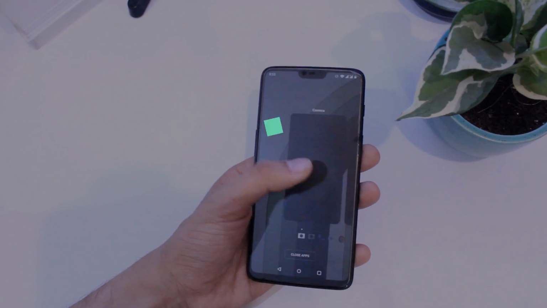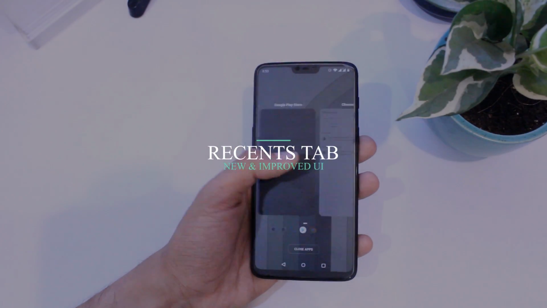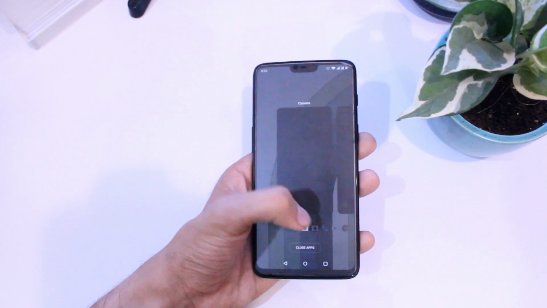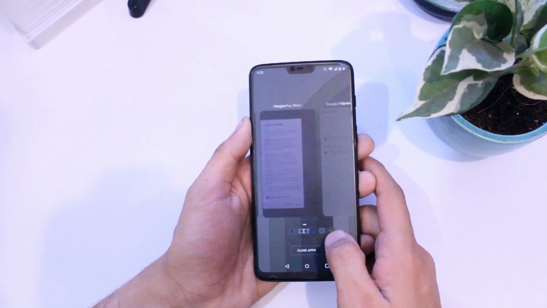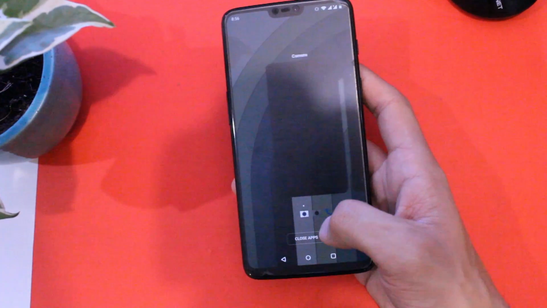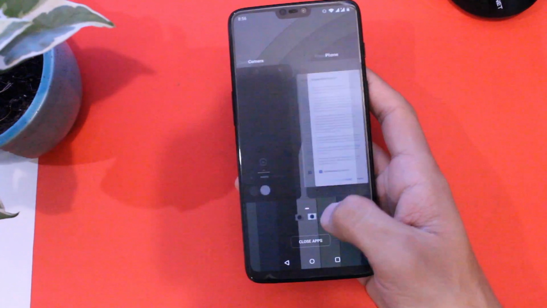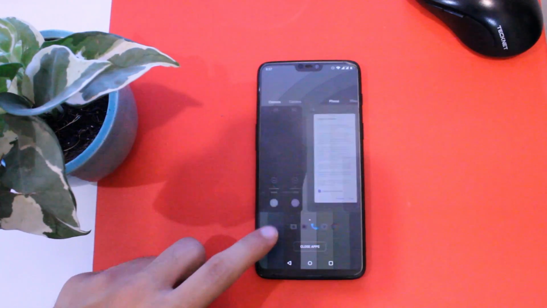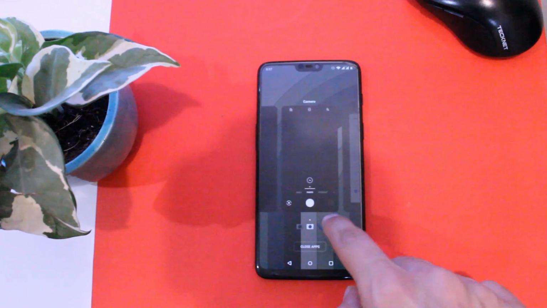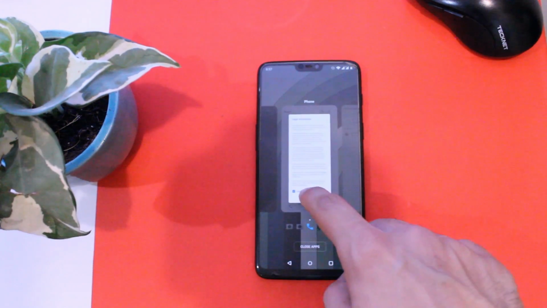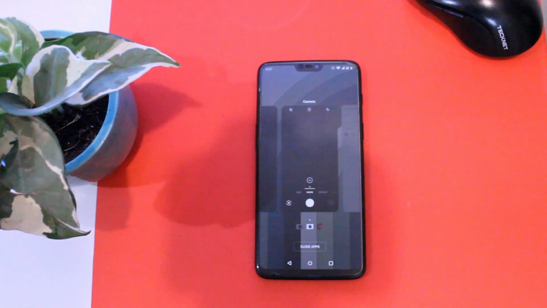Now let's talk about the new features this updated launcher brings. Well, first of all, the Recents tab has this new UI that I feel is a good refinement, as you can now see what apps are open in the background without scrolling left or right. And this icon carousel is quite handy, and it definitely makes the overall experience quite user friendly, as you will have to work less to switch or close the apps. So that is something cool.